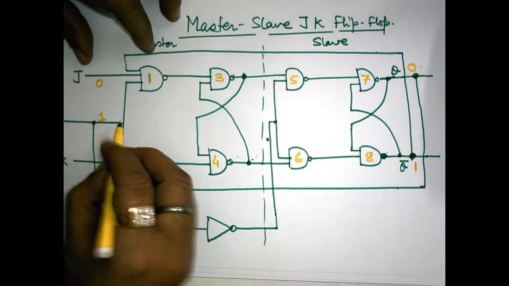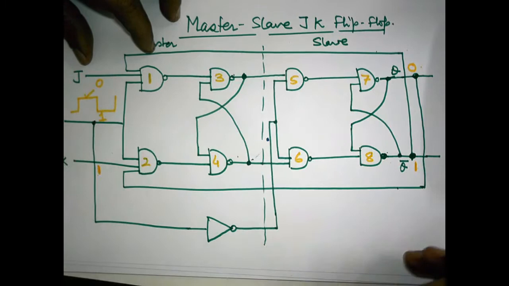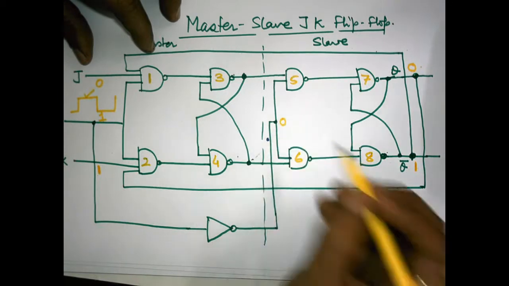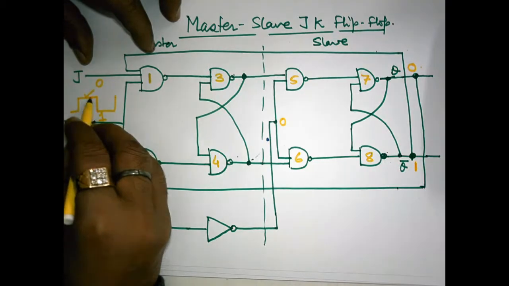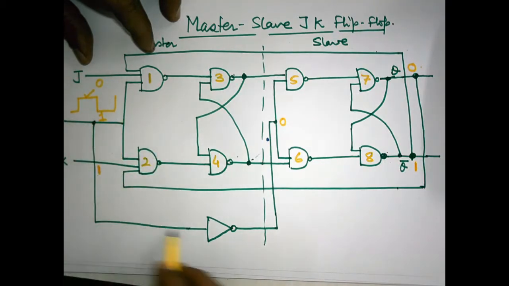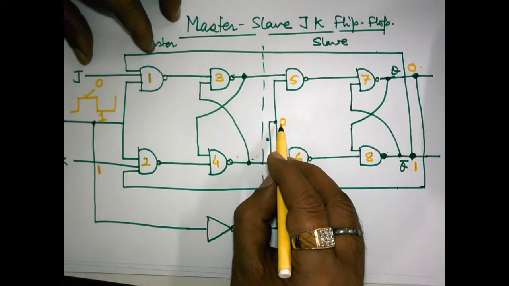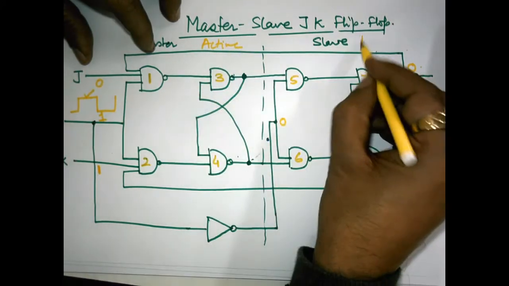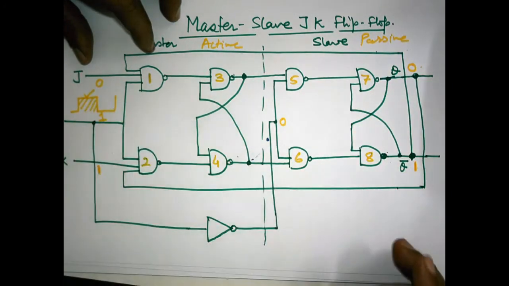Okay, if this clock is 1, this means this part of the clock is applied, then what will reach over here? 0. Definitely if this part of the clock is applied at this end, so an inverter is connected in series, so what is reaching over here is 0. So when this part of the circuit is active, this remains passive, and this part remains active in the positive part of the clock.